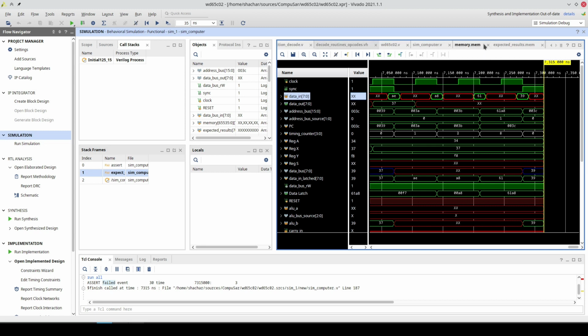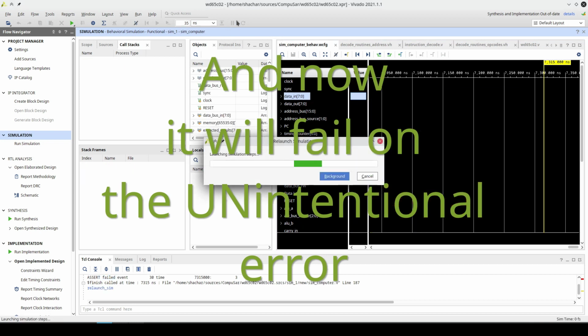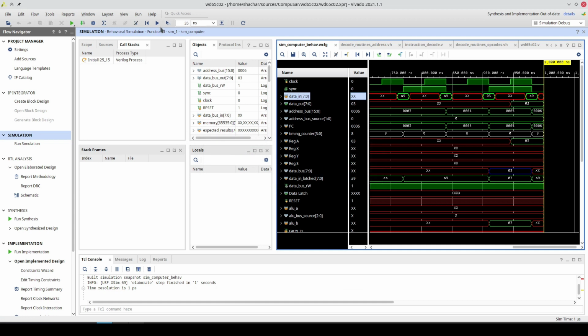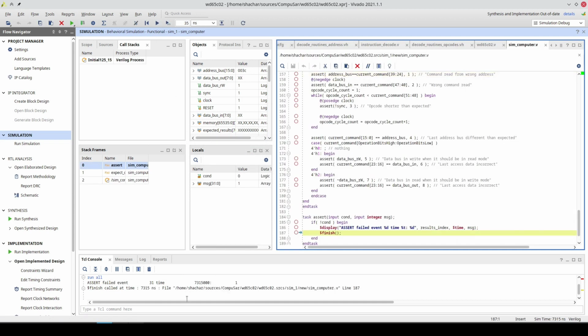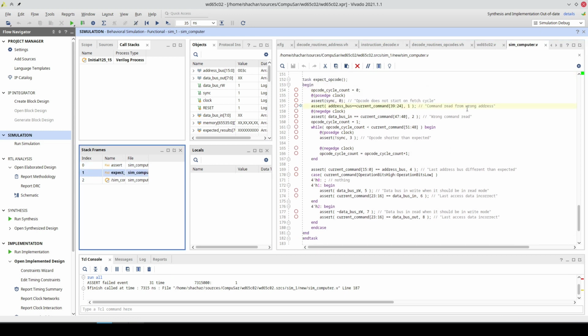So let's go back to the memory and put in the correct cycle count. And now if we load, we see that the test, well, we failed. Let's see why we failed. Command read from wrong address. Let's see.